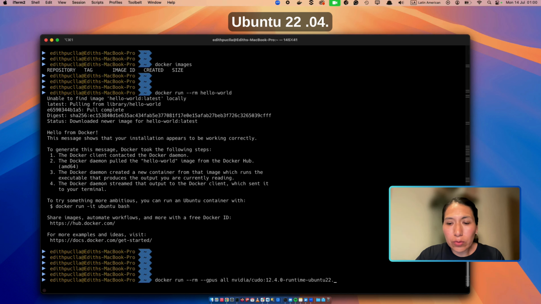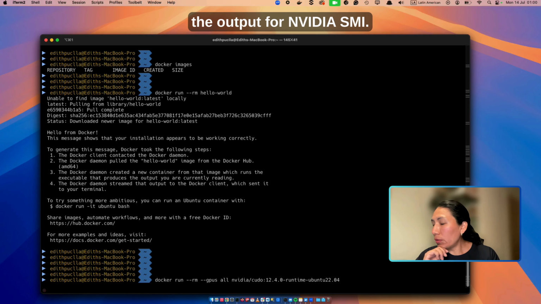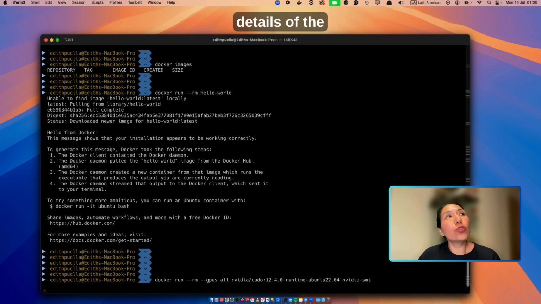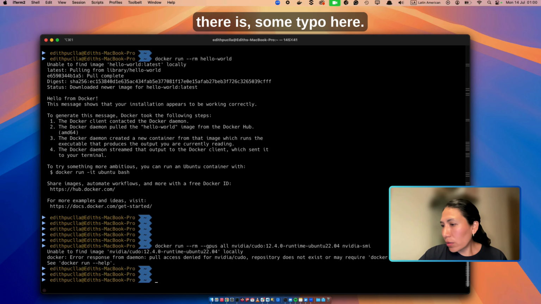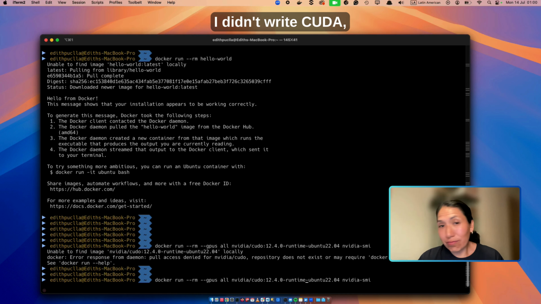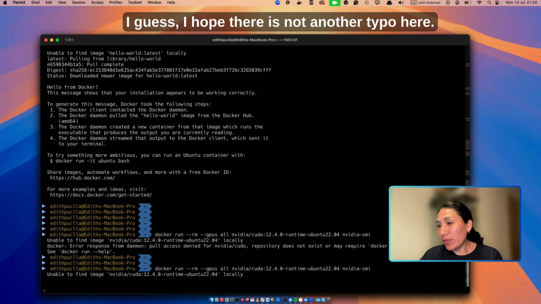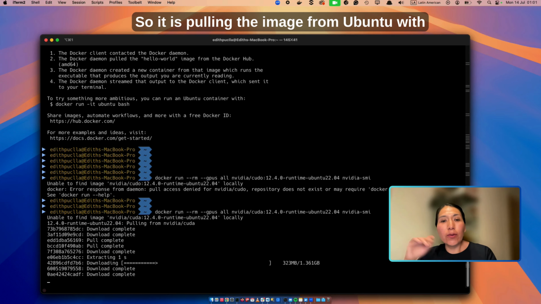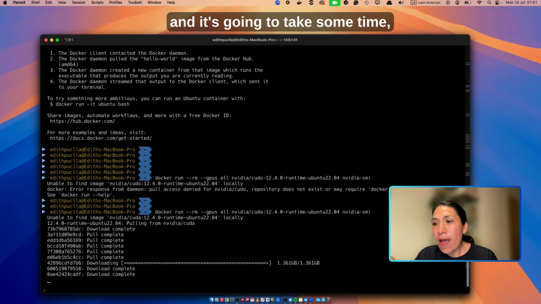Ubuntu 22.04. And we are going to print the output of nvidia-smi to see the details of the GPU. Again, there is a typo here. I didn't write CUDA, I wrote CUDO. I hope there is not another typo here. Nice, so it is pulling the image from Ubuntu with the NVIDIA driver,